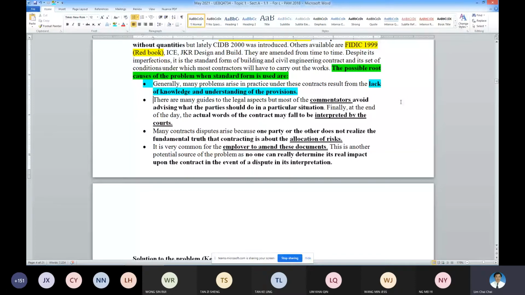You need to get the better picture, then only you will be able to understand the standard form application of the parties involved. So this problem is lack of knowledge. The second one,